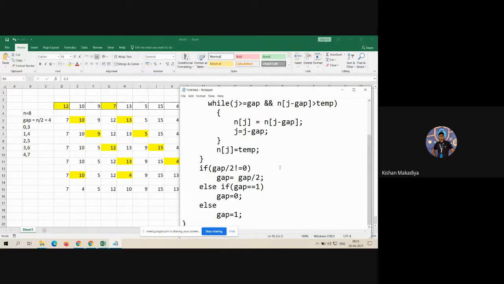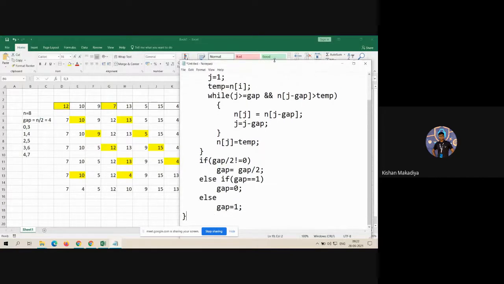This is the complete shell sort. Let's trace the code with our example.